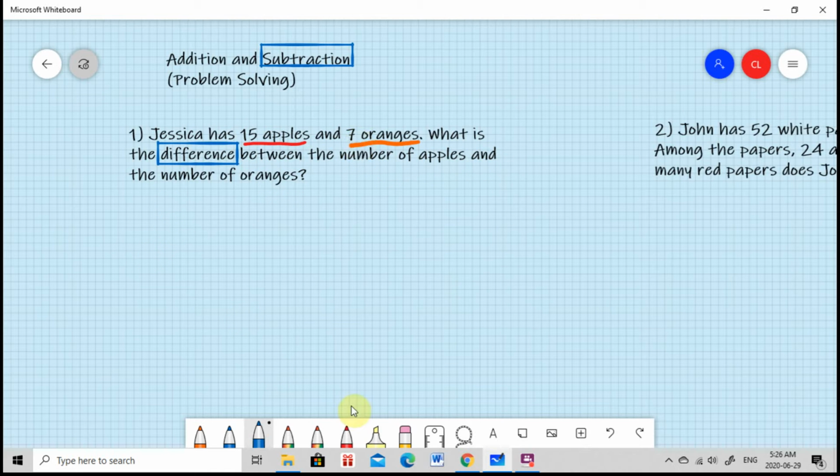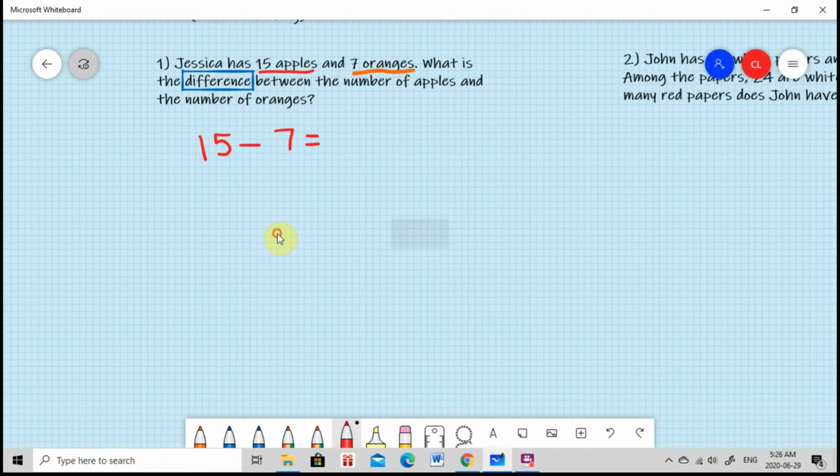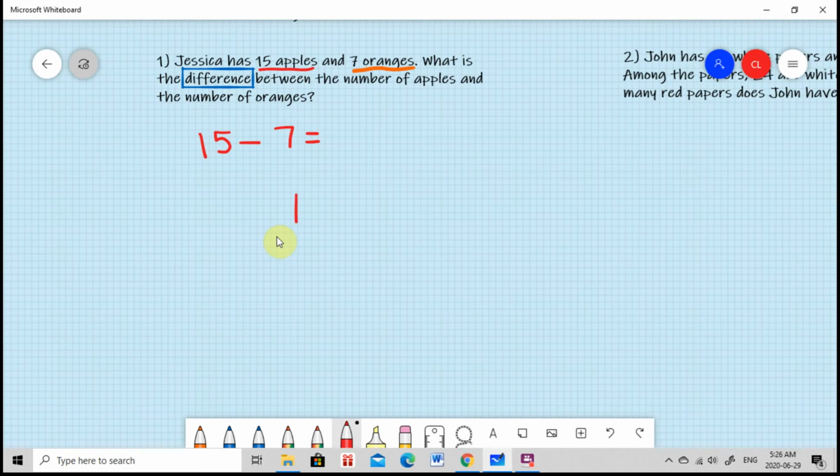So what you do is, you just subtract, right? You take 15, subtract 7, right? This is the number sentence that you have to write. And then you have to write the working, right? You have to do the working. So you have 15 minus 7,